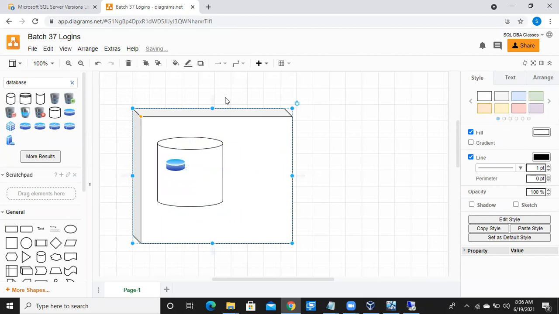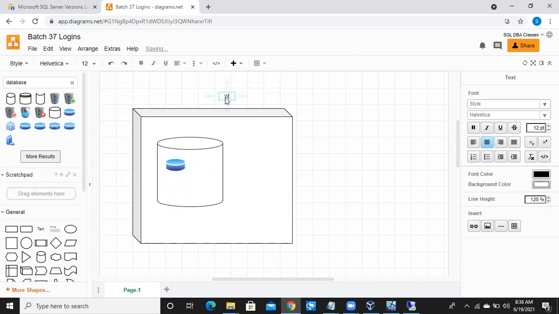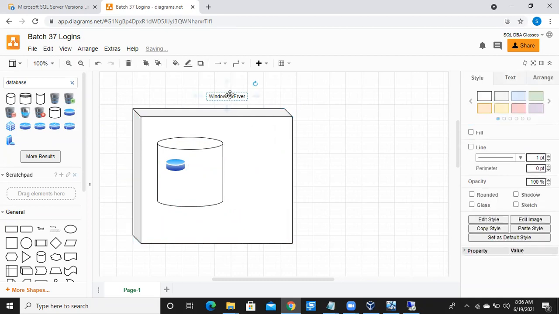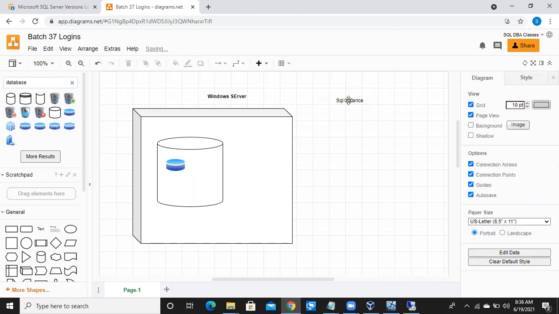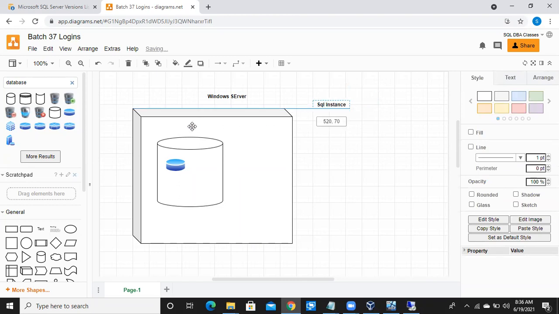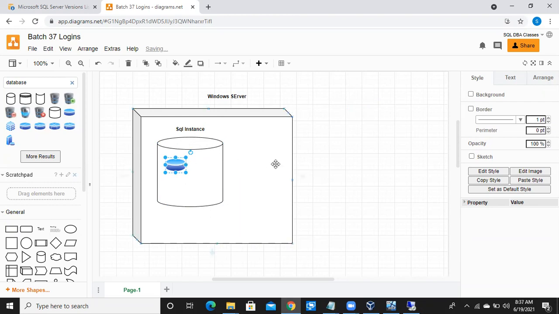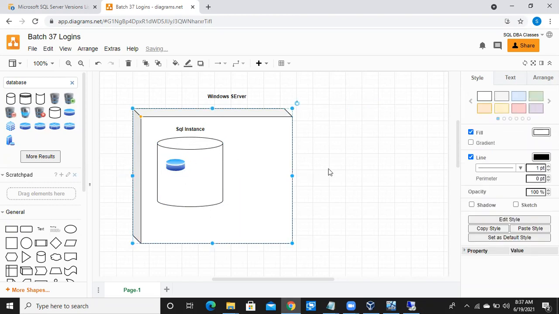So this is the Windows server, and this is my SQL instance, and this is my database. So you know, right?